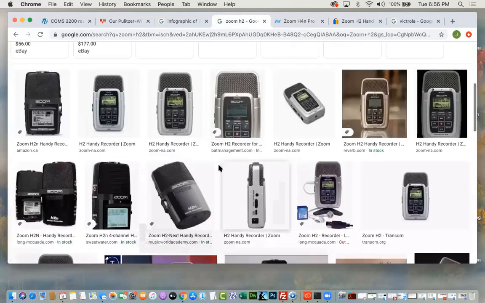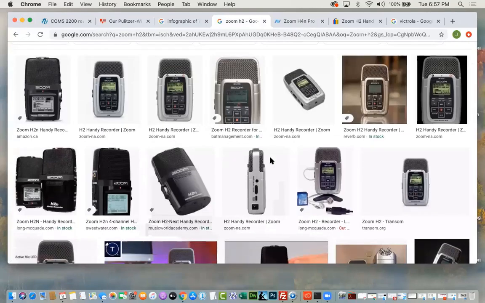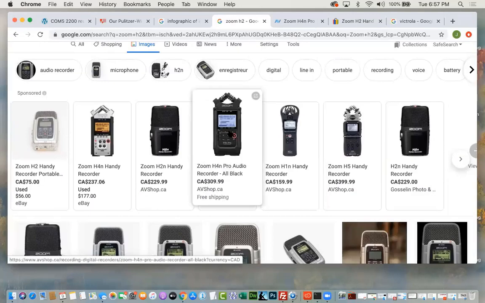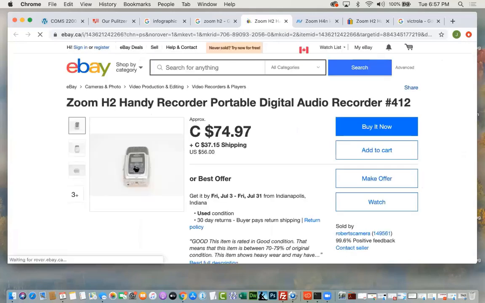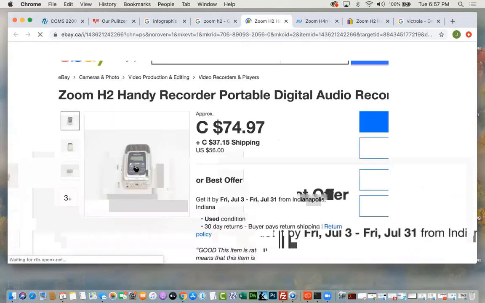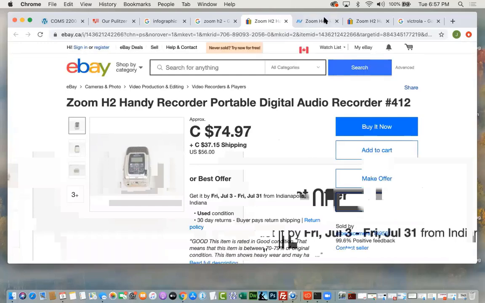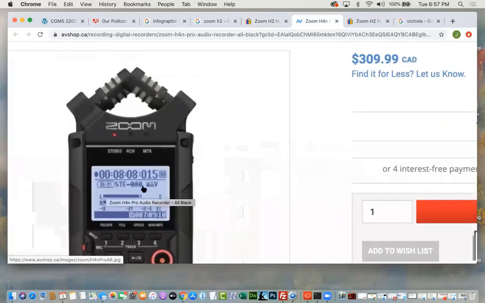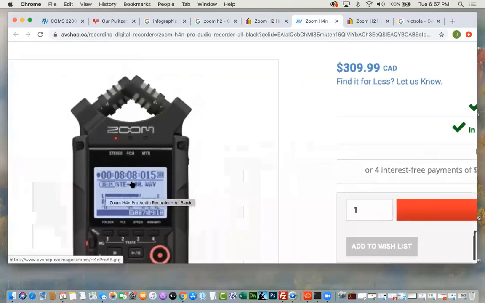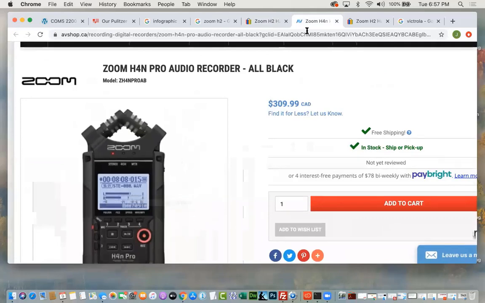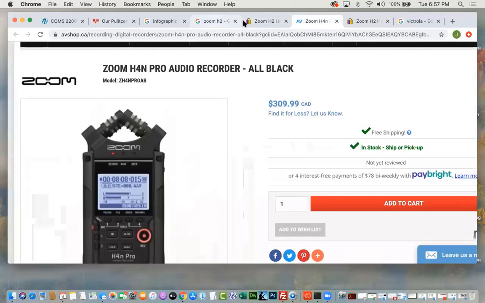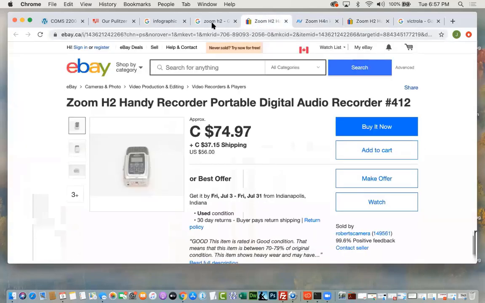I haven't seen any of the really newer ones. I think the newest ones, honestly, Harry, have got better displays. The thing that's really hard about using this H2 is that the display is crap, so you really have to have a good sense of what's going on. These are a lot better in terms of displays. I don't know that you've used this version or not. It looks similar to this one. That's why I recognize it. I remember I didn't have to use it, but sometimes I needed to assist. And it was a pain. I didn't know what I was doing with it.